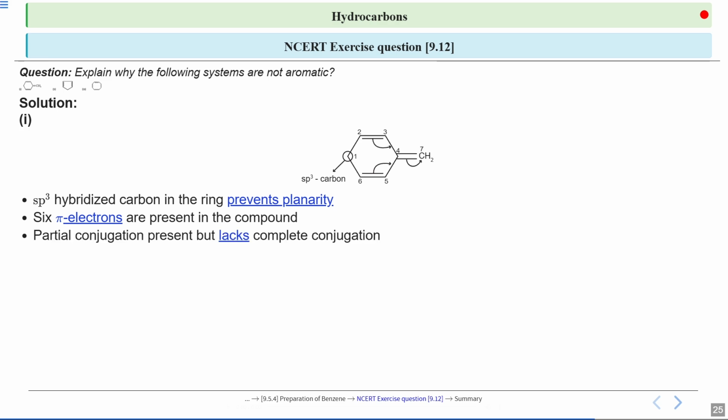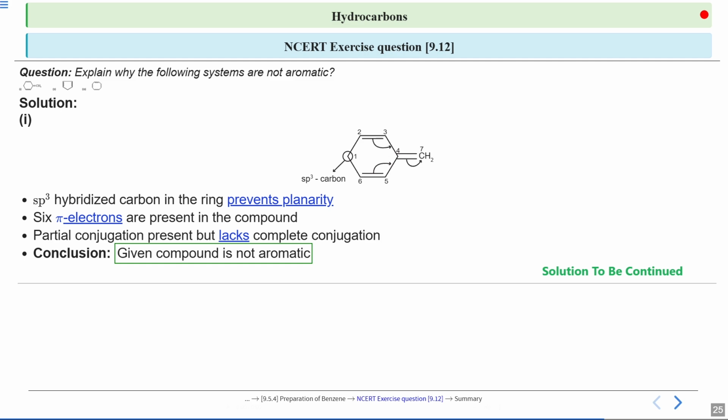Next, due to this sp3 hybridization, there is a partial conjugation, and that partial conjugation is represented in the image as well, and hence it lacks the ability to do the complete conjugation through the ring, making it unable to be an aromatic system. So what we can say, due to its failure to follow the first 3 rules, it is a non-aromatic compound. Continuing further,